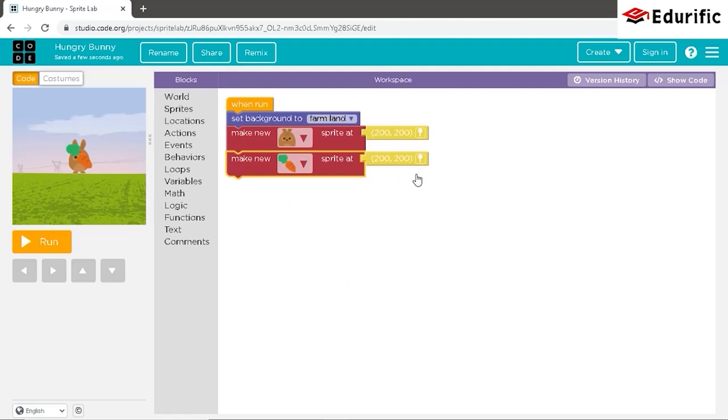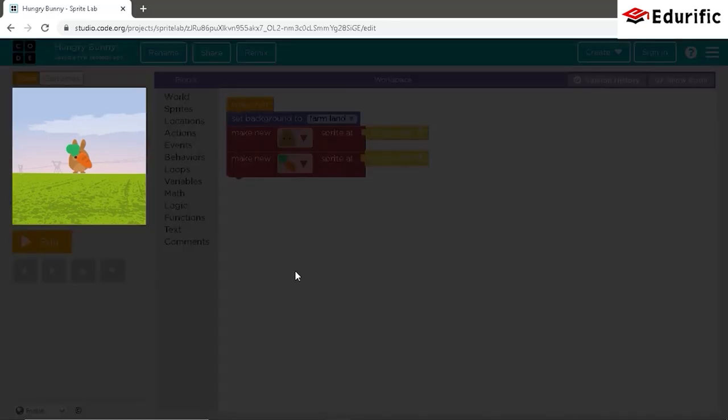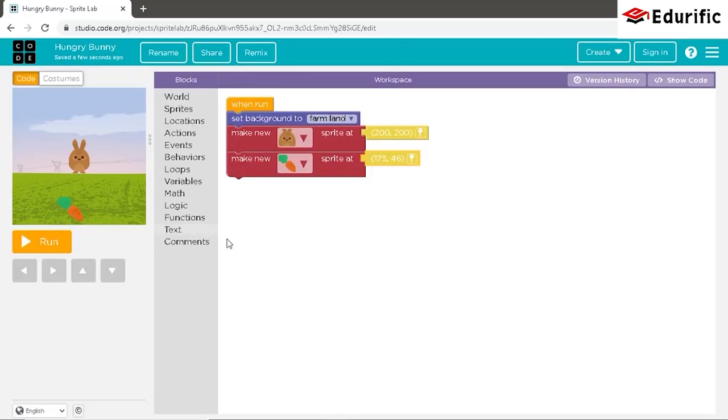So for changing its location, we shall be pressing this key and taking our cursor onto the carrot and placing it just below the bunny but far away from it. So now, as you can see, our background, our sprite of bunny and carrot are made.